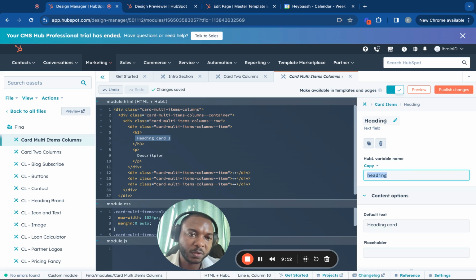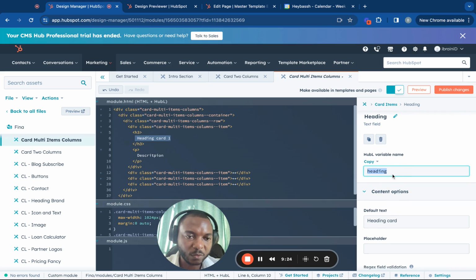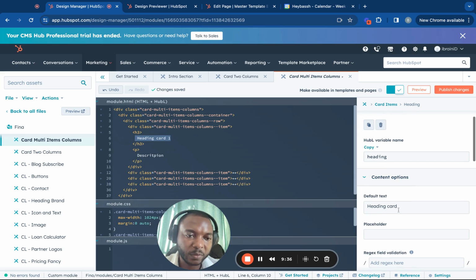Sometimes when you're putting your things here, the text sometimes does change, sometimes it doesn't. So if it doesn't change, you must come here and change the text nicely. It must always be lowercase. If there is a space, for instance, if there is something like heading title, it must be written like this. So yeah, so we have heading card,